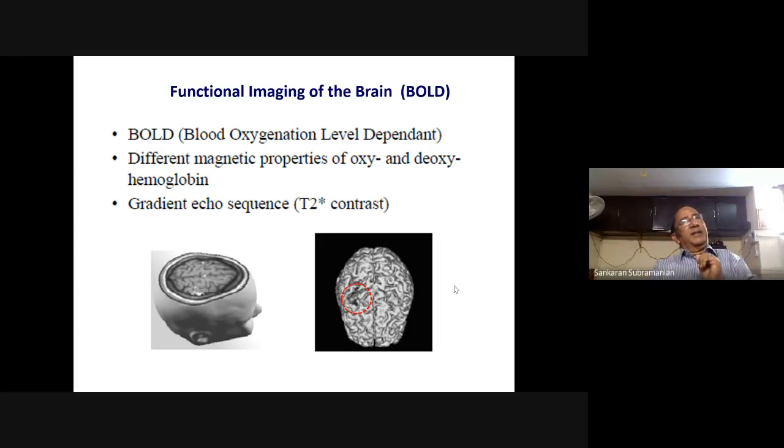lower in intensity. So one can perform a brain image when the patient is doing an activity, and then take one more image when the patient is not doing anything or remaining dormant. The difference between the two spectra will precisely locate what kind of a location in the striatum of the brain where this command originates. In other words, the functional aspects of the brain can be mapped out completely as to which particular area, for example, speech comes from a certain area, motor activity comes from another area, and therefore, after